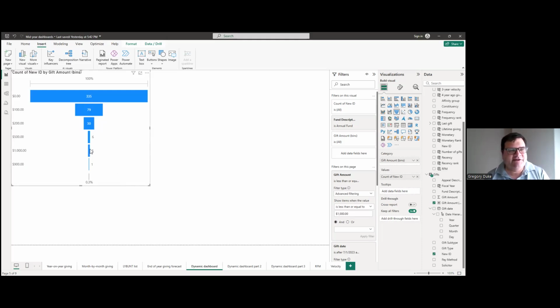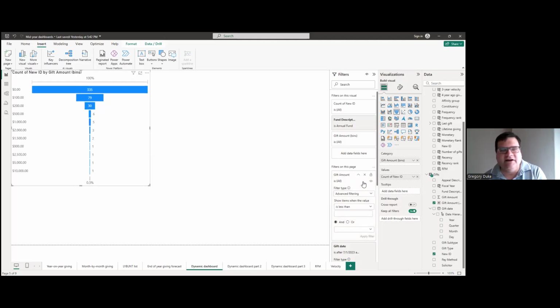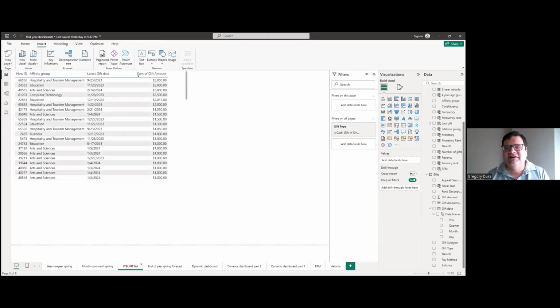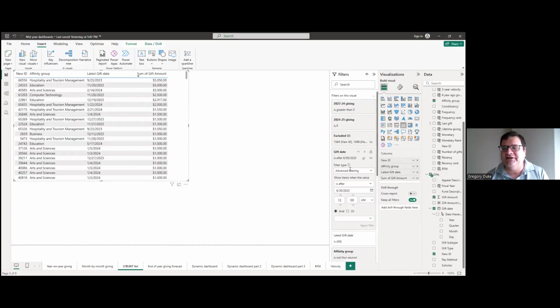They have not given this year. They gave at least 900 last year. So these are the people that your annual fund will want to contact. We could also just remove this so we could see that there's some people here who've given 2,000, 1,500, 10,000 to the annual fund who have not given yet this year. These are the people that your annual fund should be talking to. So what you need to build then is a LIBUN list that filters by annual fund and find out who these people are.